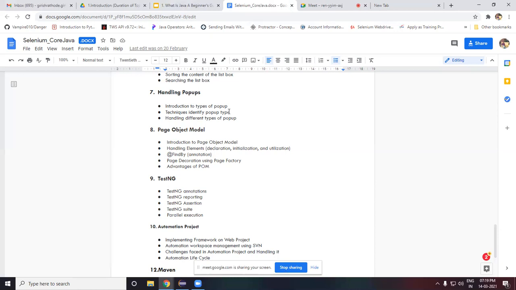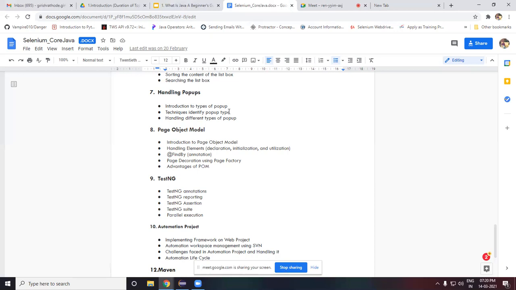TestNG provides a lot of things to us, like different annotations, parallel execution, skipping tests, ordered execution, reporting, and asserting elements. Basically it has a TestNG suite where it can combine all the tests into one single suite and we can run them there. These things we'll be seeing in TestNG.